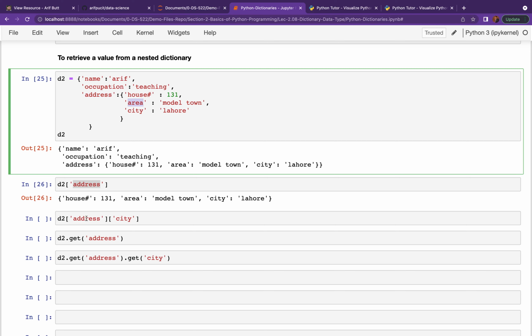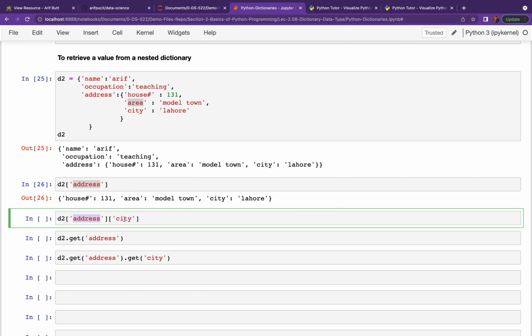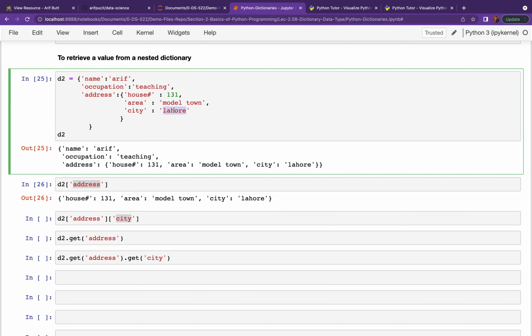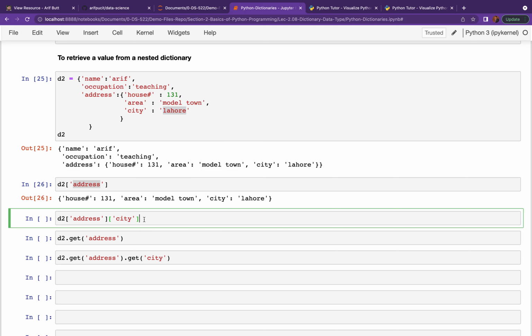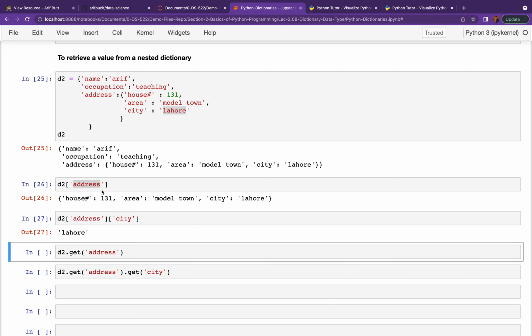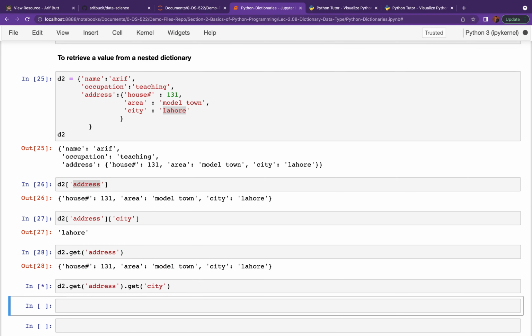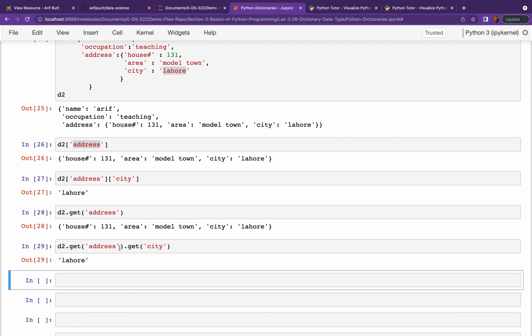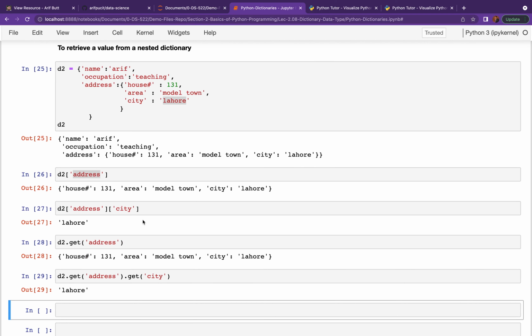Like over here I have passed address and then I have passed city, so I will get the value Lahore over here. And the way we can use the straight brackets, we can use the get method as well, and this is the example of using the get method. So remember, there are certain times when we have nested dictionaries and we want to access different values of the nested part of the dictionary. You can use this syntax to do that.